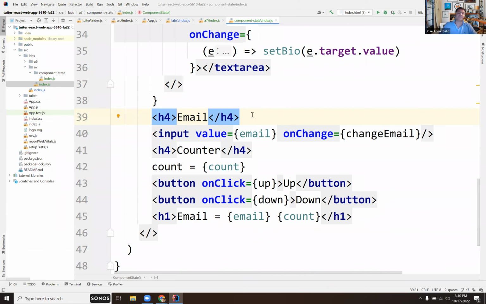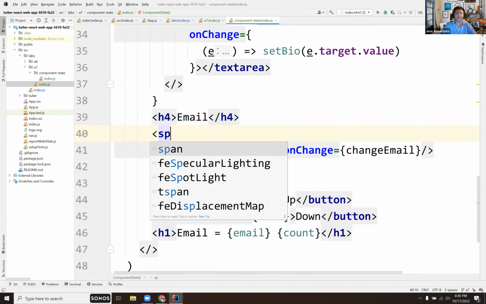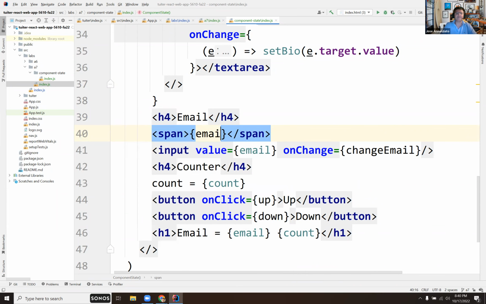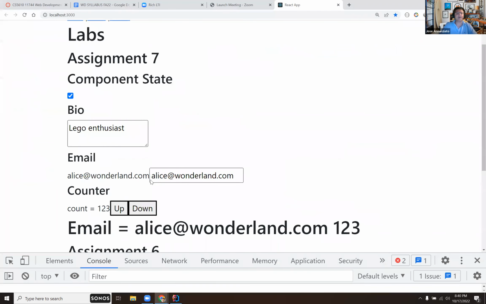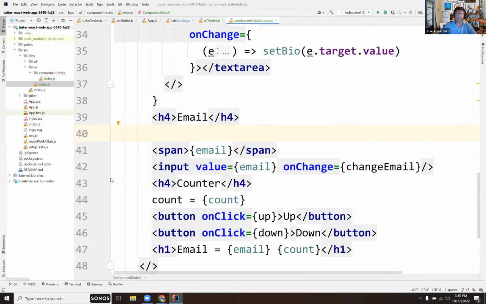Okay. So, for instance, what I'd like to be able to do is that here's my email as a span. It's my email. Showing either as an input field or as a value. And what I'd like to be able to do is, if I'm editing the email, then I want it to show as an input field. But if I'm not editing it, then I'd like it to show as just a plain value. Right? So for instance, I could have a checkbox here that I'm editing the email. Right? So for instance, this could be input,